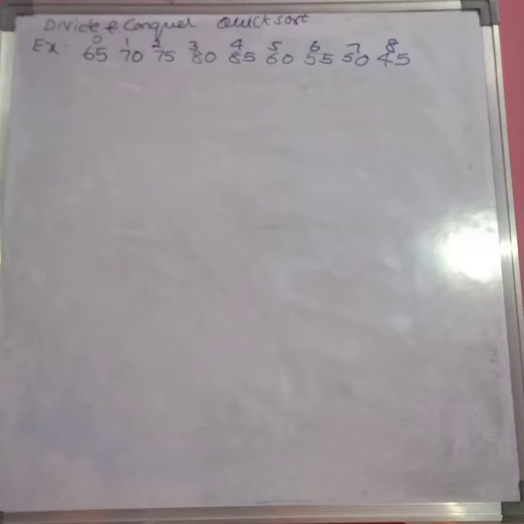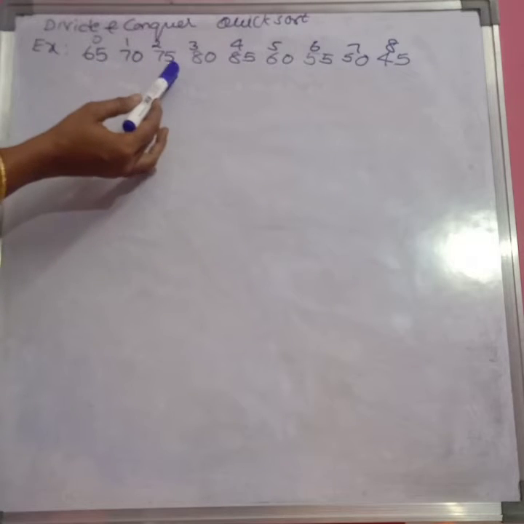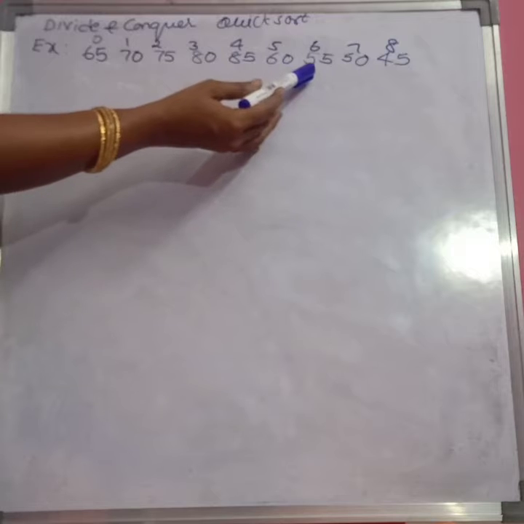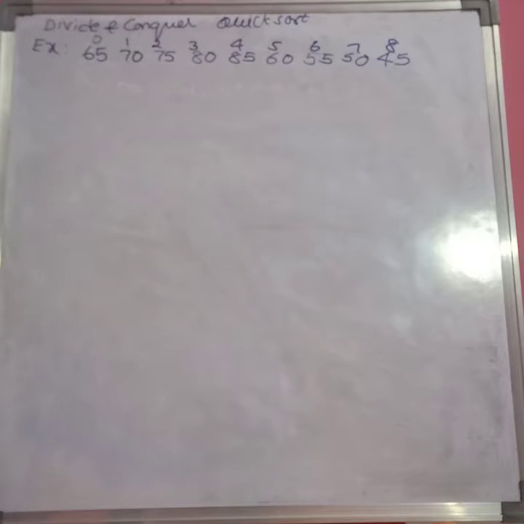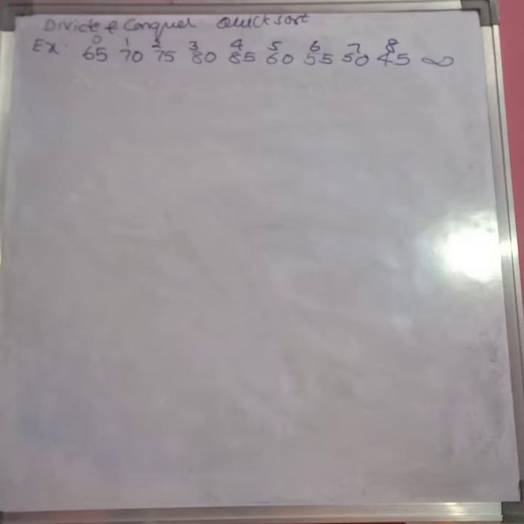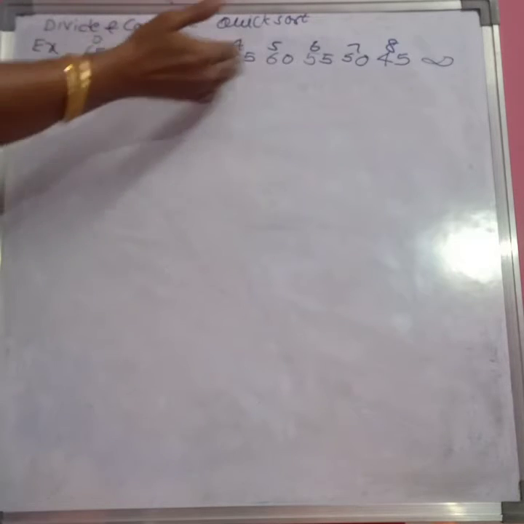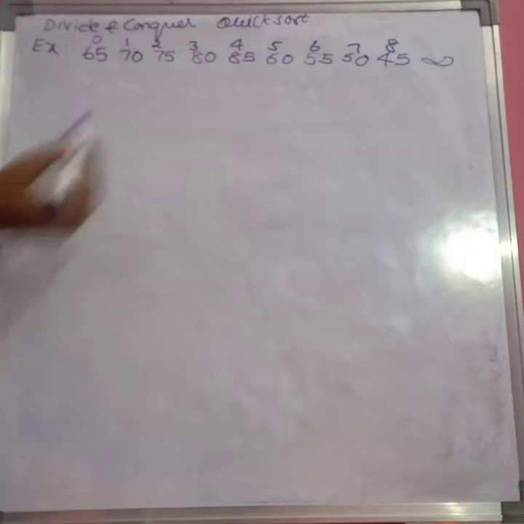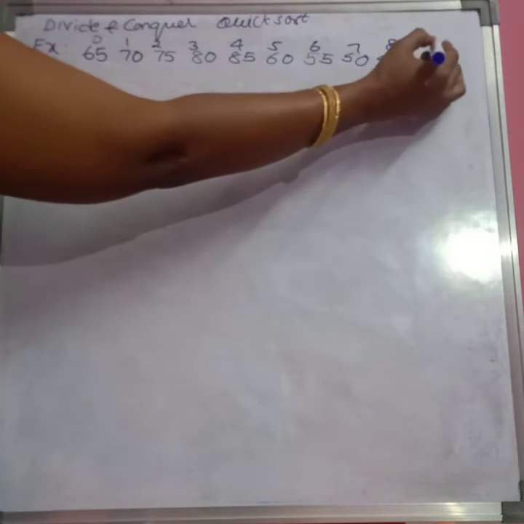So here also, to know that, I am adding an end element which is the maximum number. So my array elements here are 65, 70, 75, 80, 85, 60, 55, 50, 45, and one more element I am adding is the maximum value. For theoretical purposes I take it as infinity, but practically, if you are implementing it in your programming language, simply store the max value which is compared with the element values of the array.